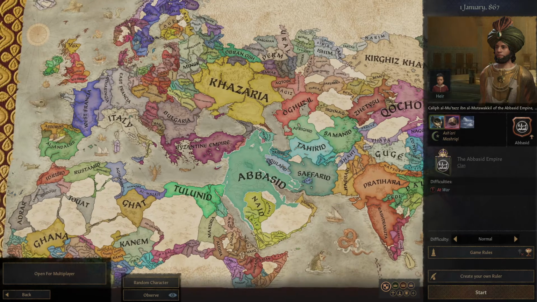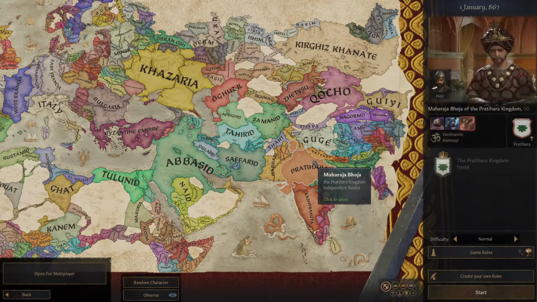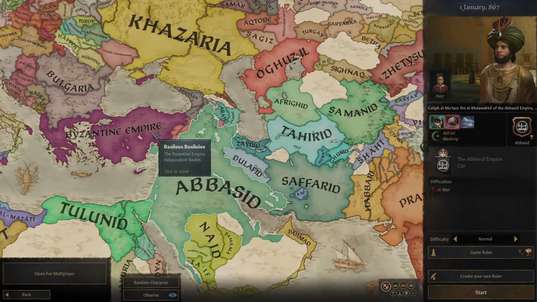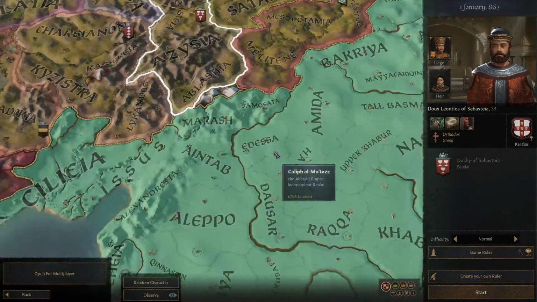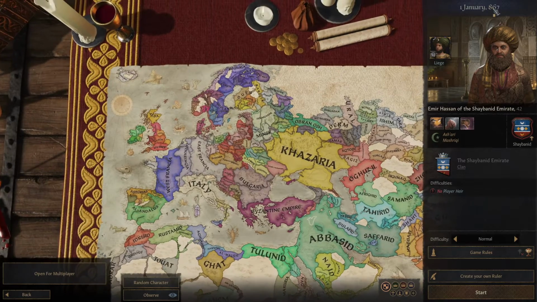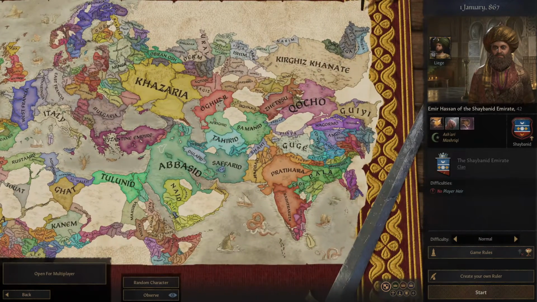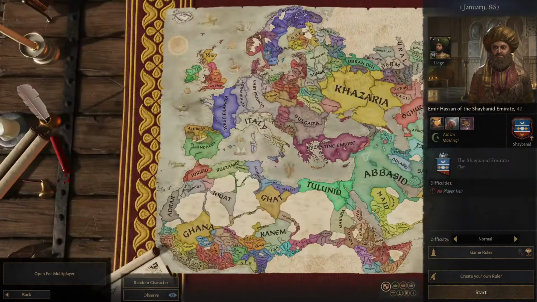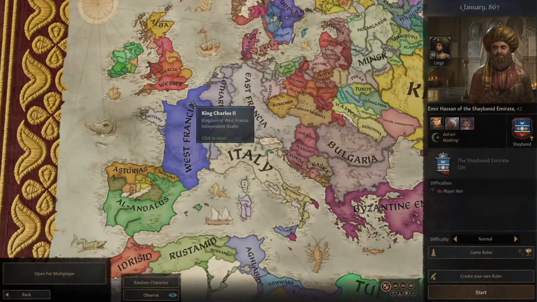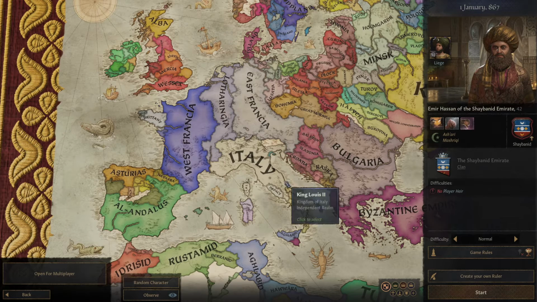Crusader Kings 3 is a game where you can take on many different leaders of kingdoms, empires, duchies, and even counties. Whether you start in 867 or 1066, you have your choice of rulers from the Eastern world, with the exception of places like China and Japan. But there's also another option.